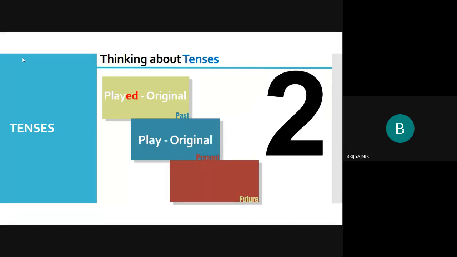But if we look at future, most of the textbooks, and even students and people, when they speak about future, they use will, or maybe at times shall, just because they know it from the book. But that's not the case, because will is a modal auxiliary, and play is a form of present. It's a present verb form. So future has no specific form. See, that's the idea behind